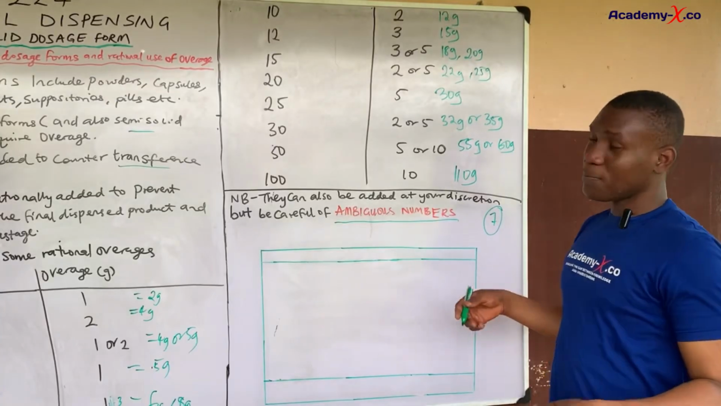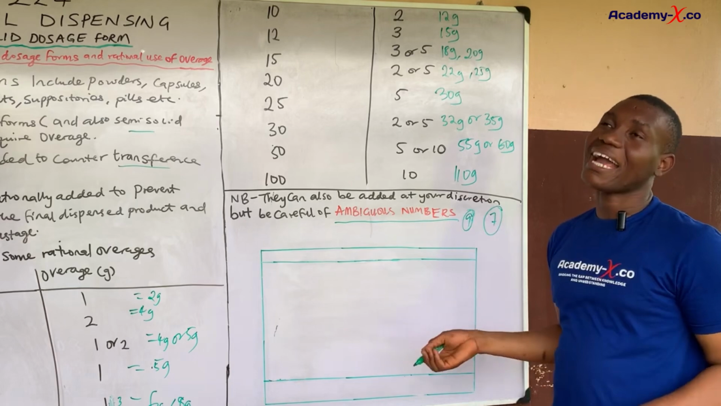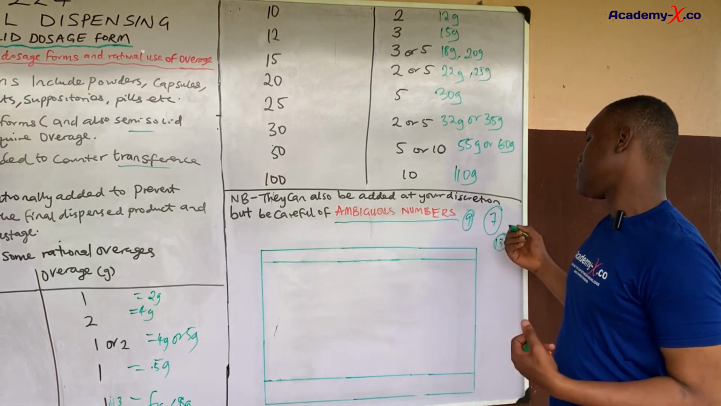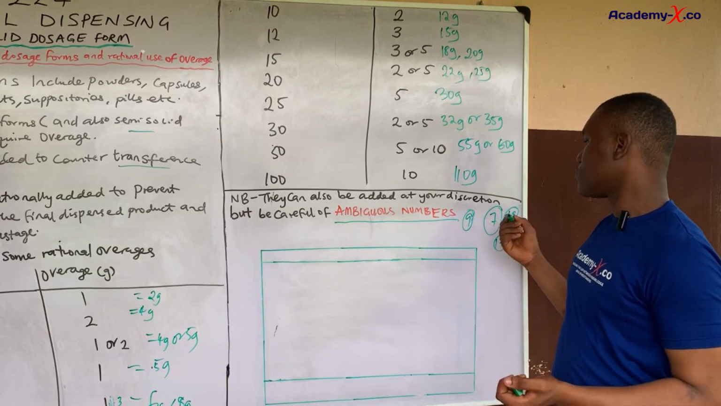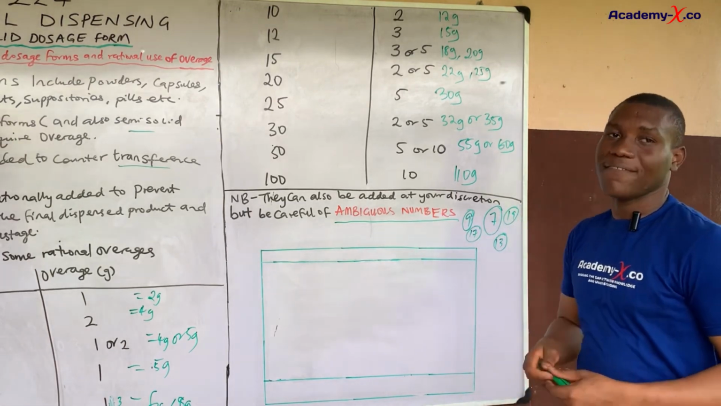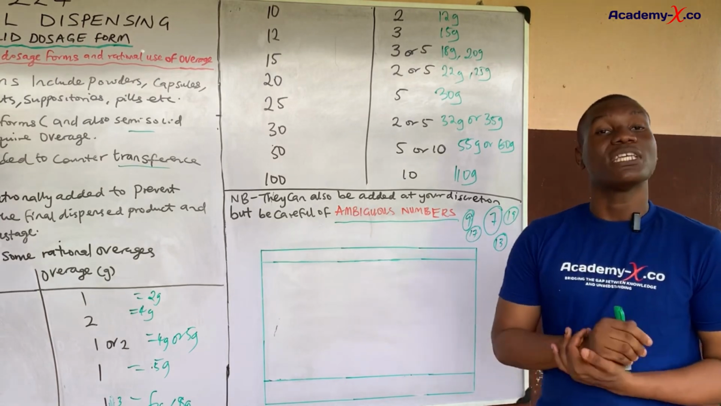Now, your arithmetic prepare should not be something like 9, should not be something like 13, it should not be 19, it should not be 17. All these are ambiguous numbers in dispensing. So you can find out other ones, but this type of numbers, why we don't use them is because